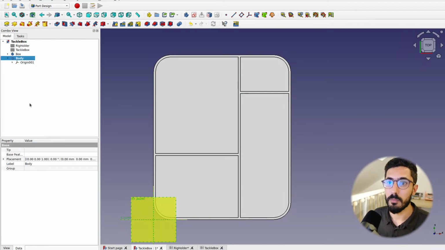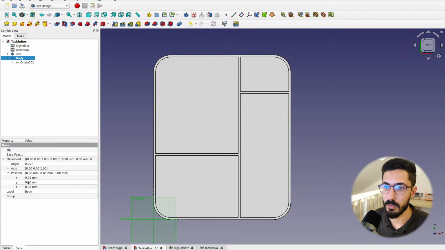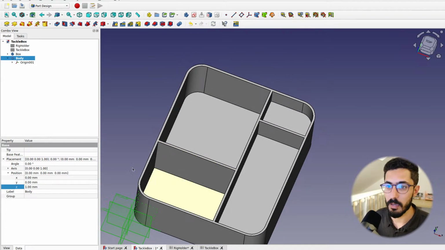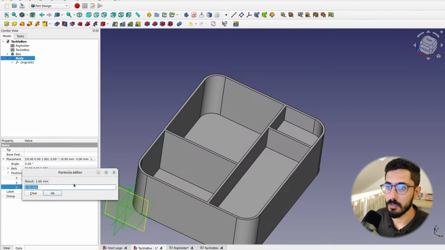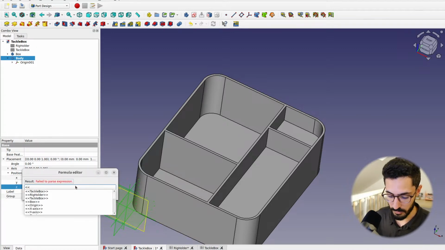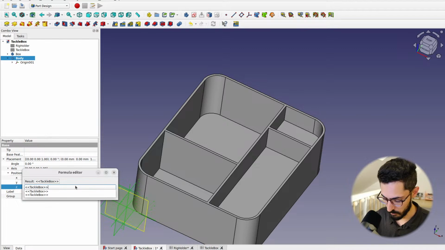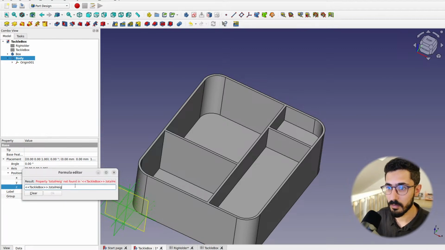And to do that, with the body selected, we can go to the data tab down here, and we can move it in the Z axis. So we want to lift it up by how much? By the tackle box dot total height